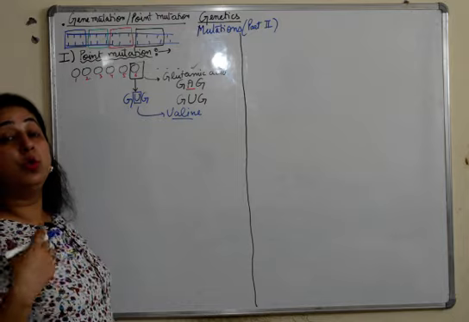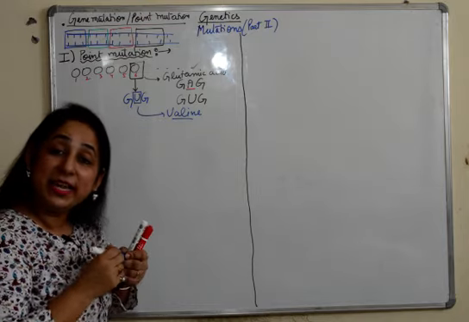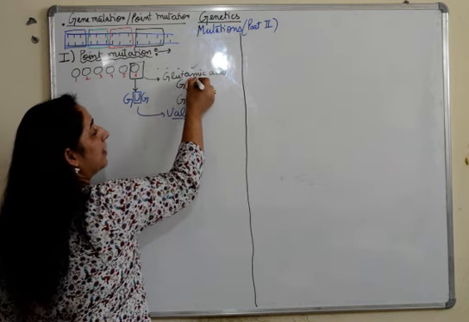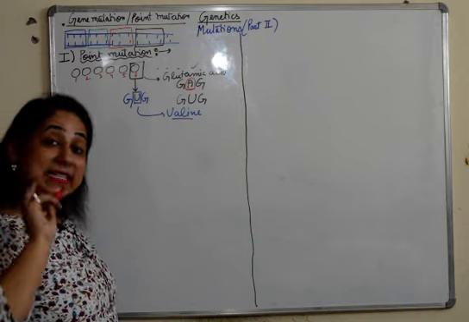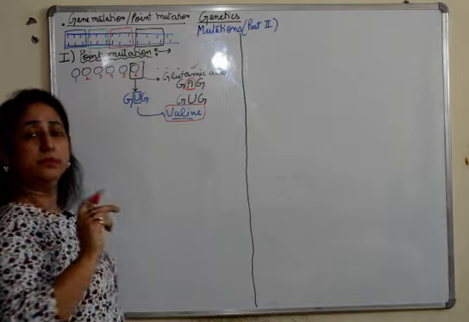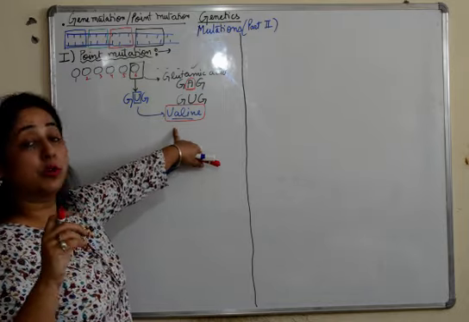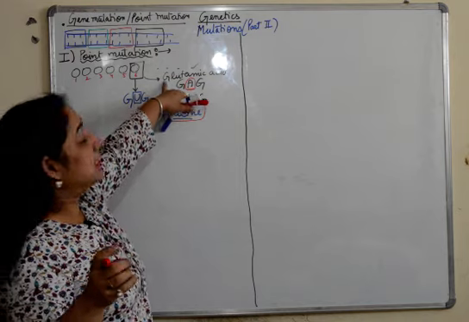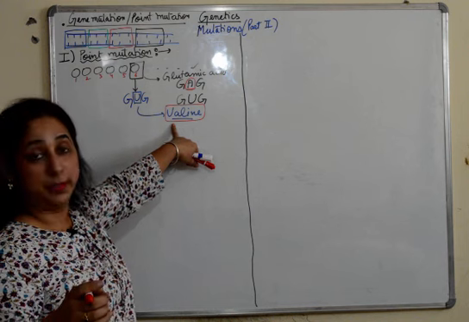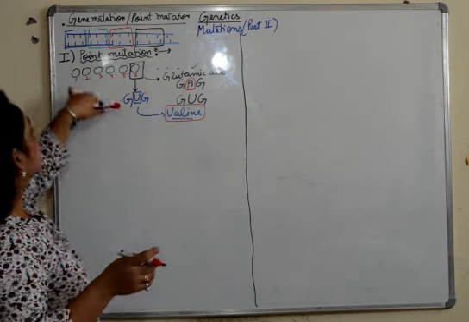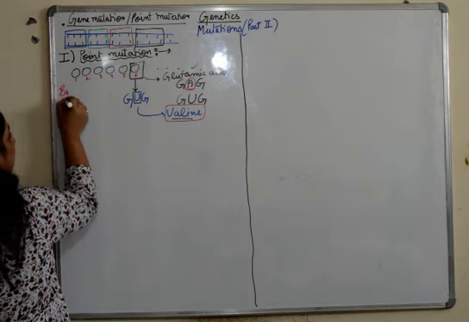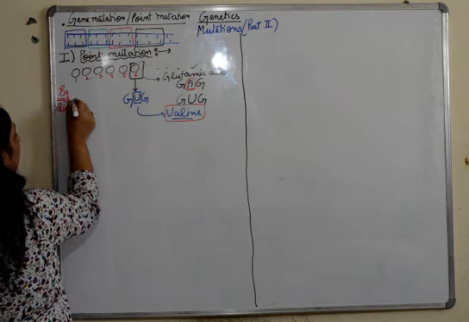Now what do I want to tell you here? That the only change has taken place at one nucleotide, at one point only. This has led to the change in the whole new structure which it was coding for. This glutamic acid will not be formed now. Instead, valine will be formed. Fine. So this is the point mutation which we talk about, and the example which we have taken is sickle cell